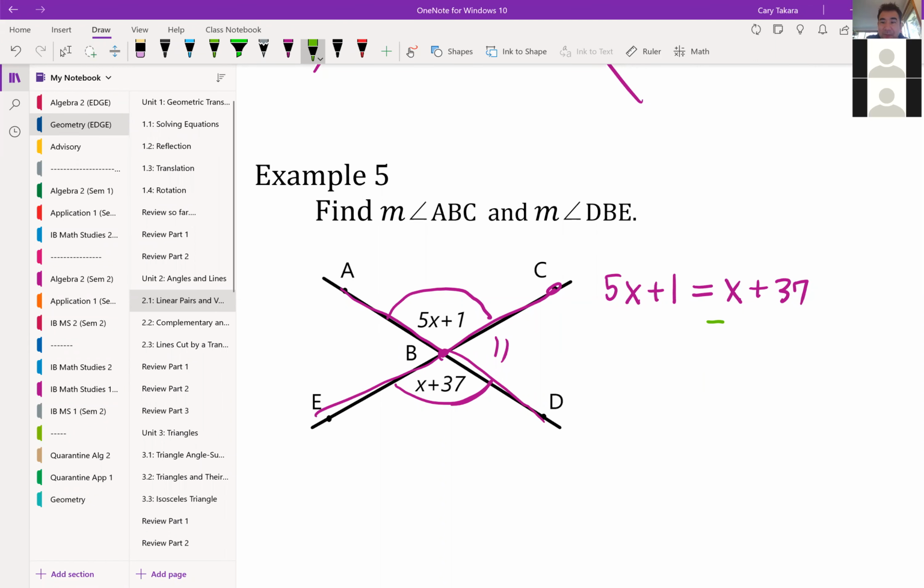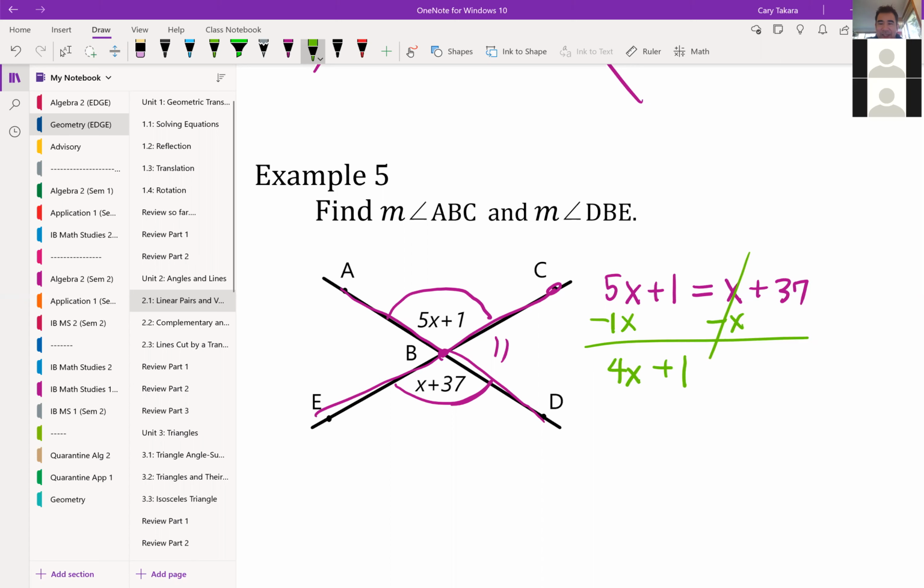So let's subtract x on both sides. So what do we have? Subtract x means subtract 1x, right? Remember, if you don't see a number in front of x, that means 1, okay? So negative 1x. So that will be 4x